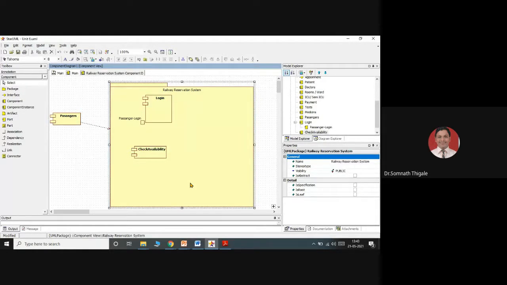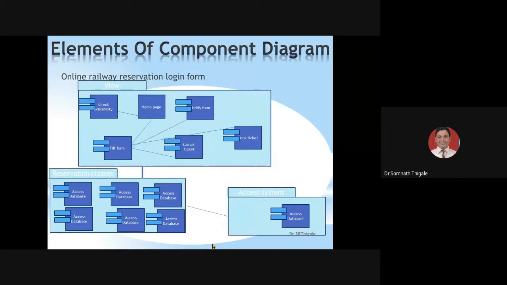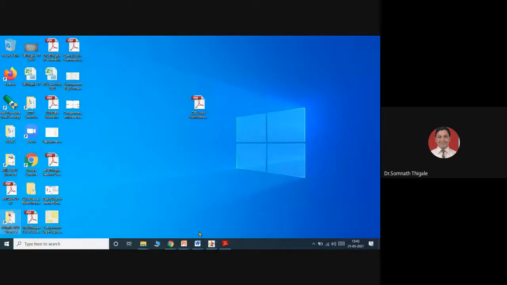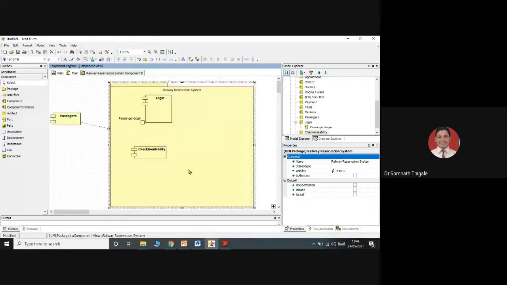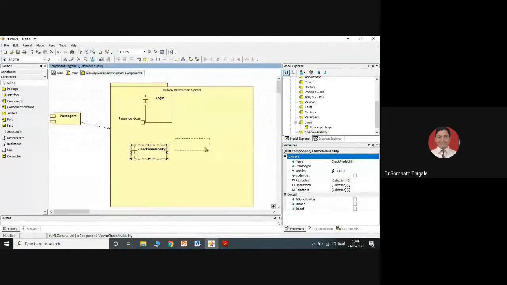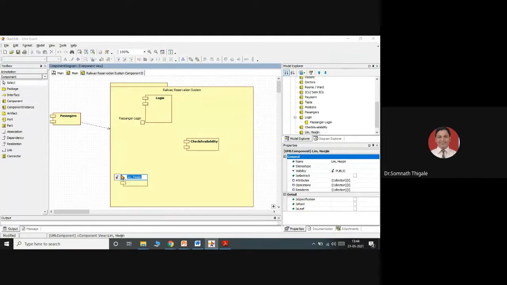After the check availability, we'll go for book ticket, modify ticket, and cancel ticket. So after check availability, we'll go for a component, that is book ticket.